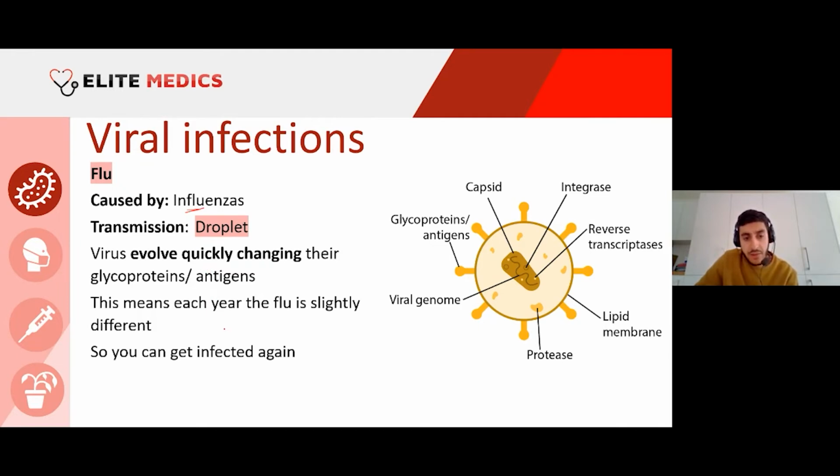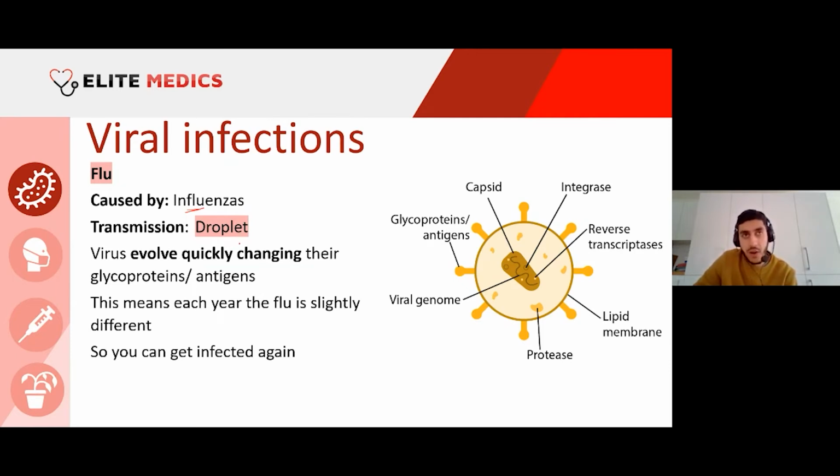And that's why flu varies over the year, and it varies each year. Some years flu can be really, really bad because viruses adapt and change. And this is the problem, because once your body knows how to tackle it, viruses will constantly change their antigens and proteins to work around your body's mechanisms to fight it. So that's why often with flu you can get infected again and again and again,